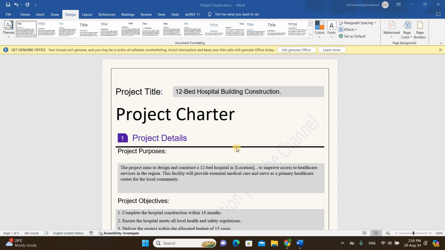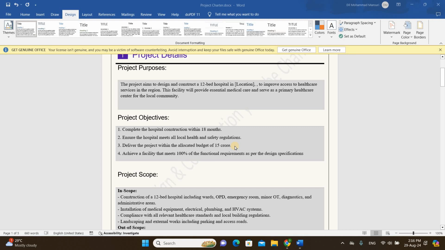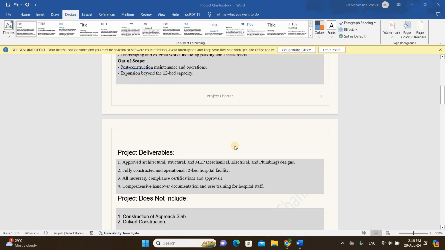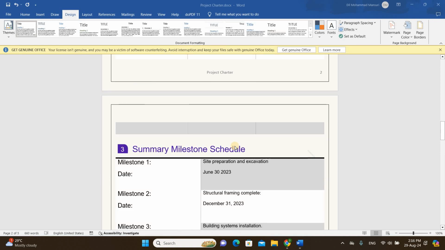It's a very important document. I request everyone who is interested in construction and those working in construction to please prepare this charter and send it to your contracting office head, to your consultant, to everyone. They will be very happy. And it is also per PMI, Project Management Institute, standards, and they ensure that we all have to use such a project charter. Maybe there is a little bit of variation in your template, but the overall information is required.